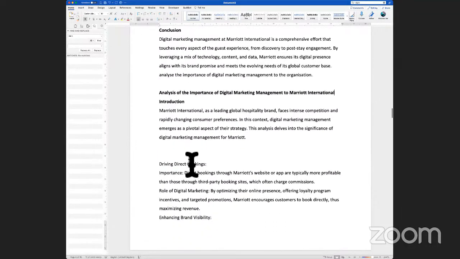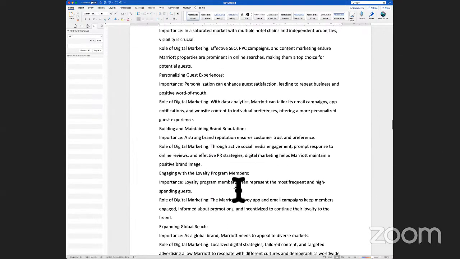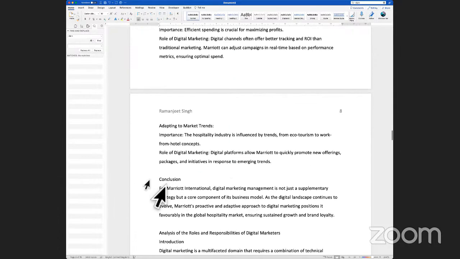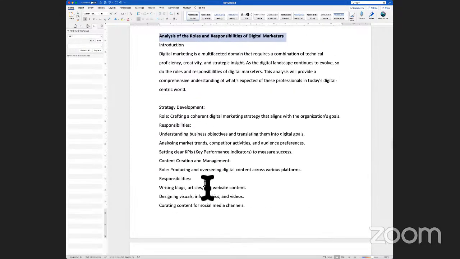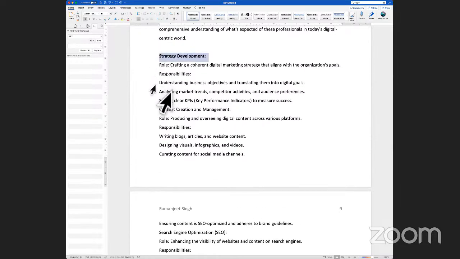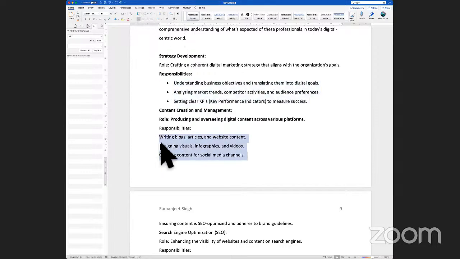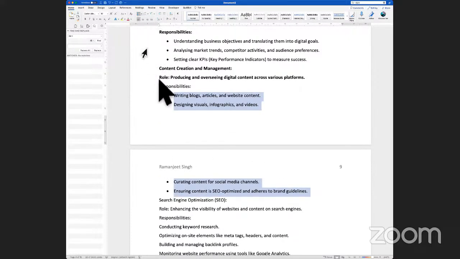I've chosen Marriott International as an organization because in some cases the assignment is going to ask me to talk about a company or an organization. I've chosen Marriott International to follow through as an example in certain tasks, to show that this is the organization I'm going to be looking at when discussing the assignment tasks. Some bits I have more or less done. Just give me one more minute.